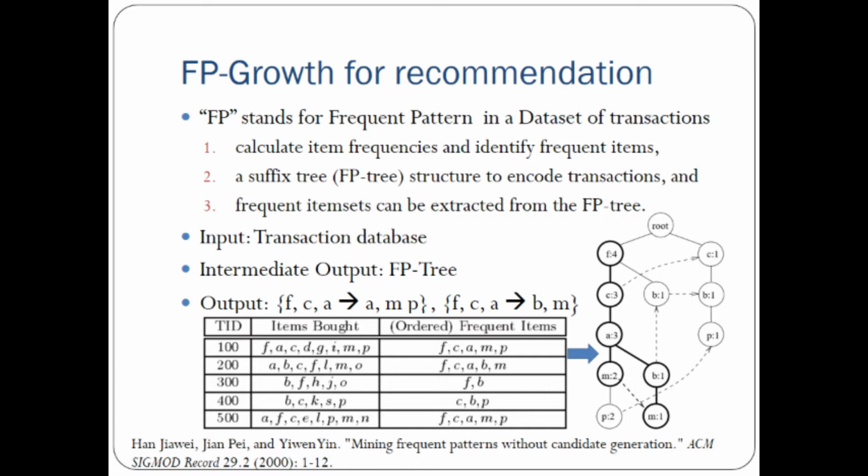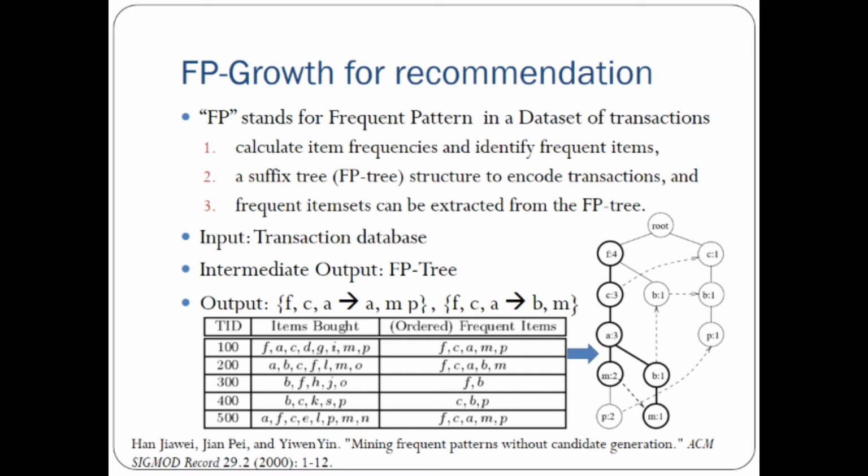In this algorithm, you first start by calculating the frequency of those itemsets to find the frequent items. You analyze them and then you generate the tree. And for the FP tree, how do you generate it? You generate the FP tree based on the most frequent items. So in this example, in the lowermost part, you have transaction IDs 100, 200, 300, 400, 500. These have items bought: F, A, C, D, G, I, M, P, and you have done frequency analysis. F is occurring 4 times and it is above the threshold of 3, meaning F is occurring more than 3 times. So you choose F as a frequent item.